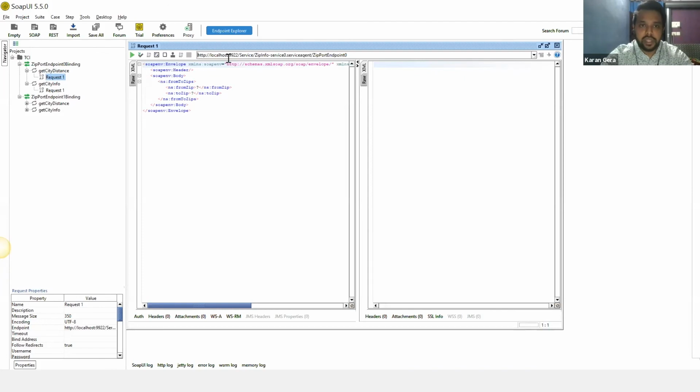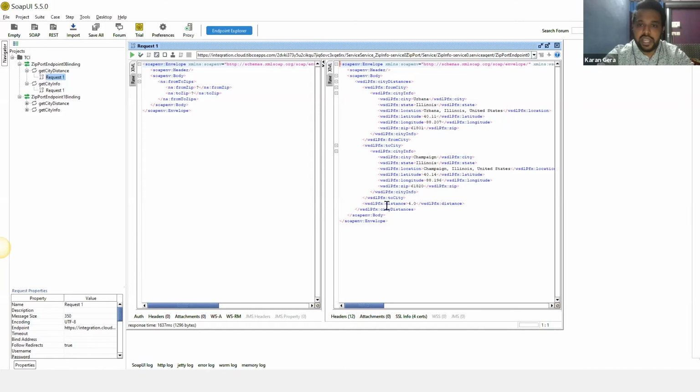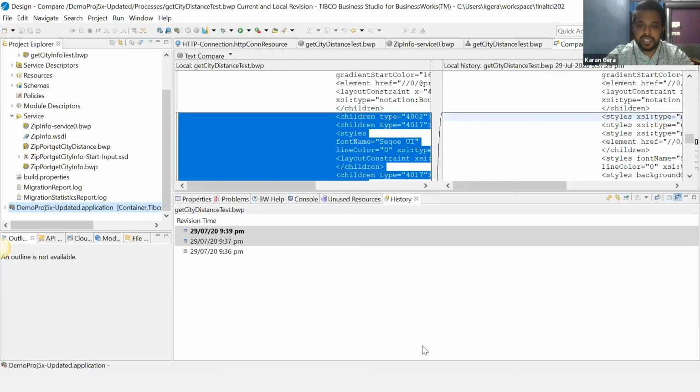Let me quickly change the endpoint over here and execute it. As you can see, it shows the distance between the two cities of which zip code has been hard coded. Going back to TCI,